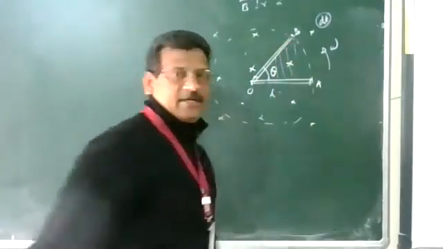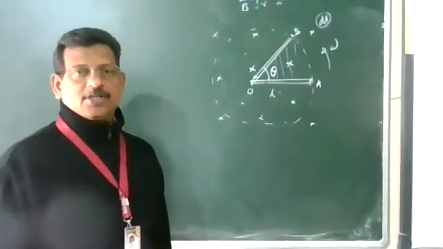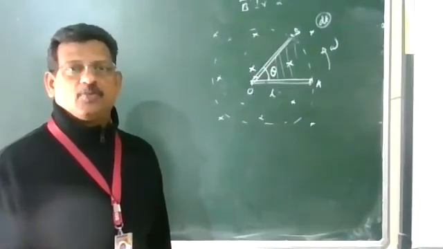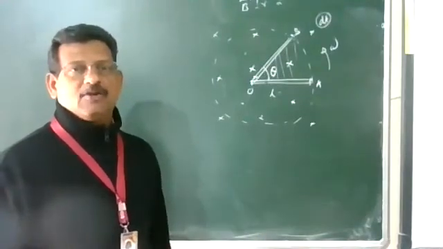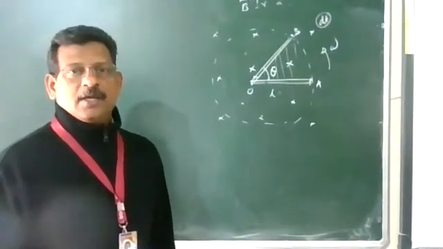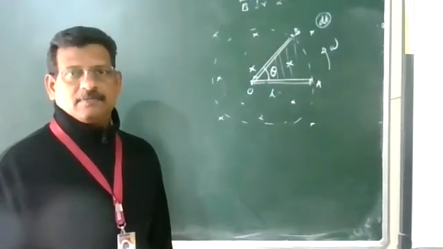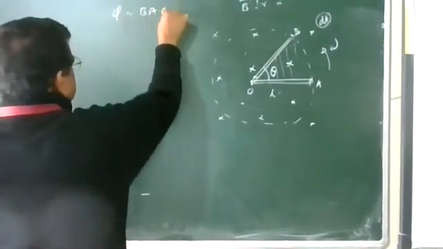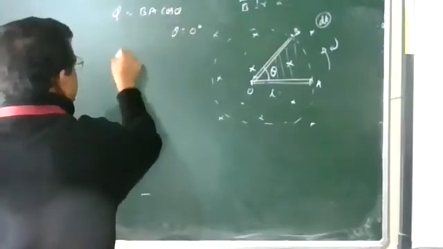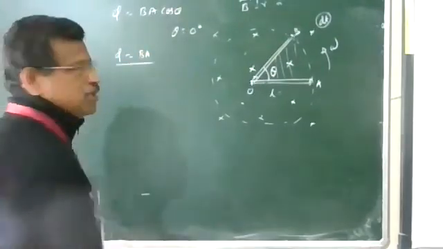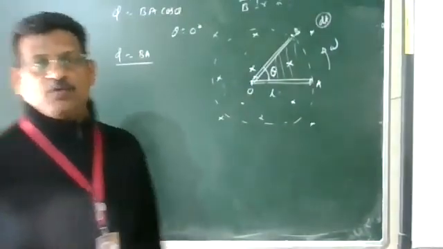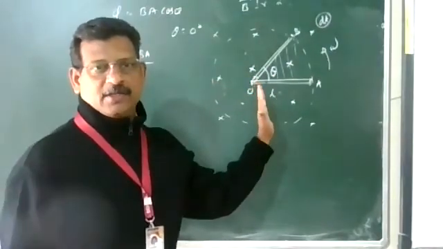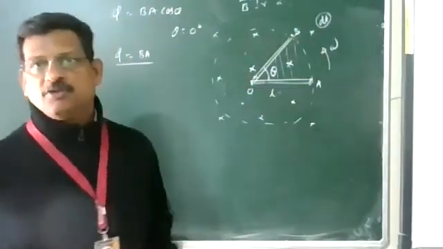What is the flux at any time? The conductor OA of length L is rotating with constant angular velocity. After some time it reaches the point B, so it makes an angular displacement. So what is the area of the sector? The flux equation is phi equals BA cos theta, where theta is 0 degrees here, so phi equals BA. B is constant here; as it rotates, only the area through which the flux passes changes. Quarter circle area, then semicircular area, then three-fourths, like this the area continuously changes. Here A is changing.